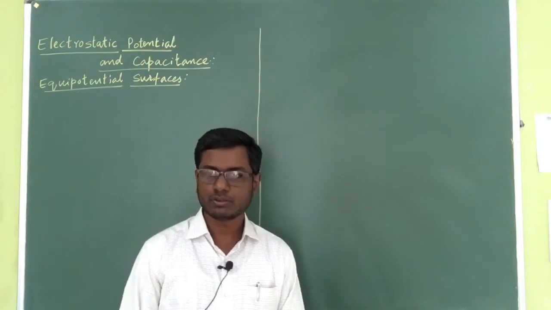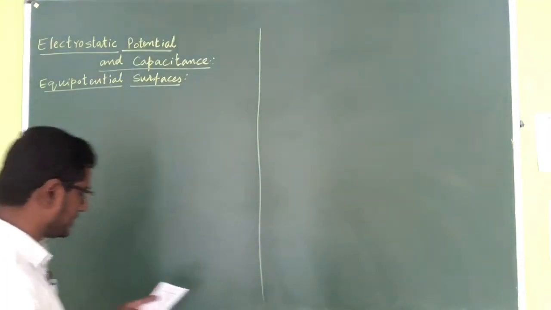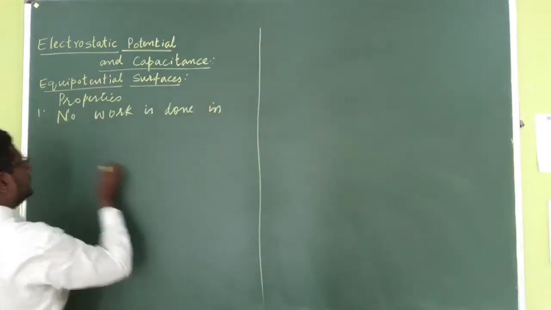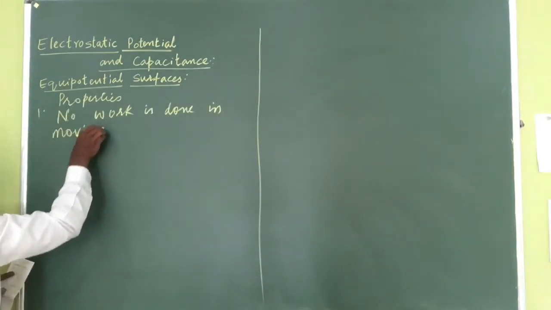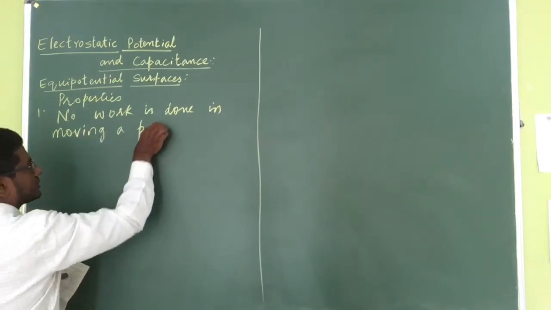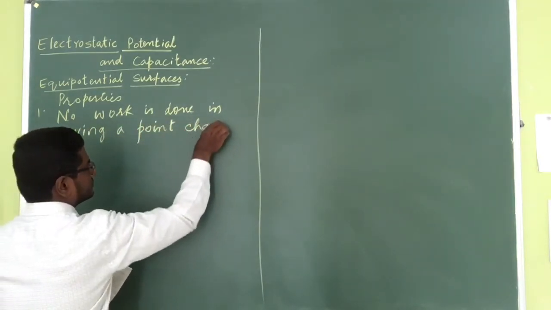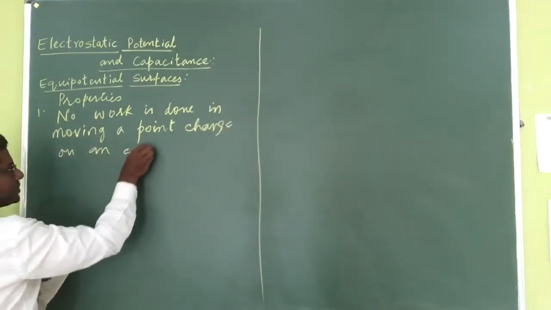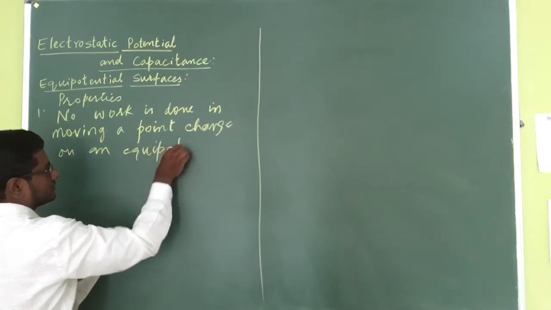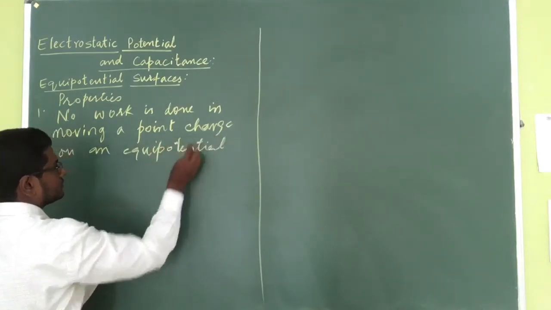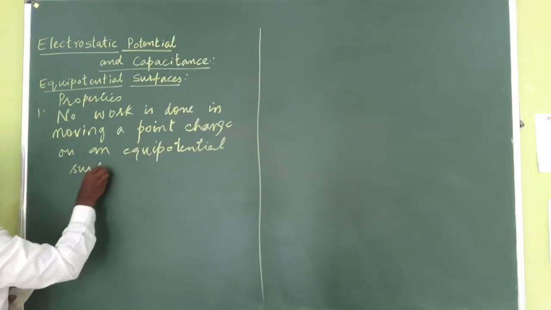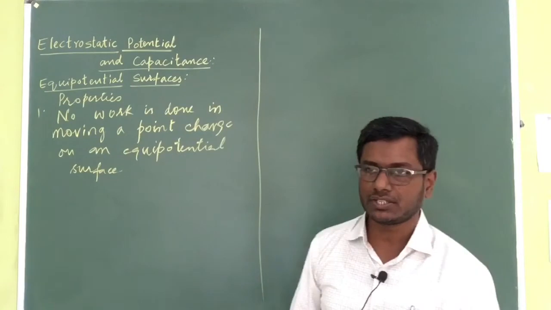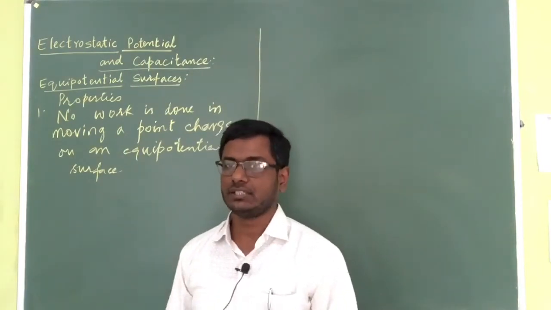Then there were four properties of the equipotential surfaces. First property was no work is done in moving a point charge on an equipotential surface. So if I'm trying to move a point charge over an equipotential surface, there will be no work done,